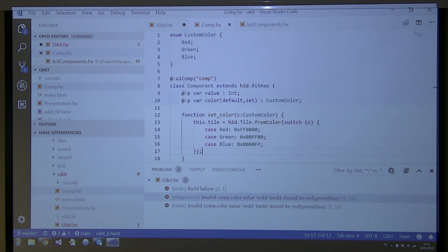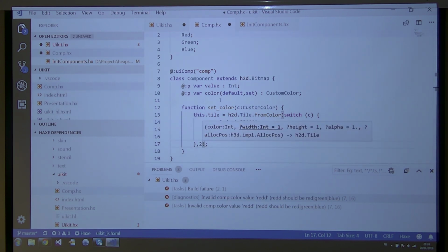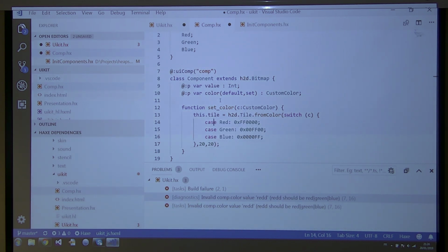So here I'm translating my enum, which has 3 different colors. I translate it directly to the hexadecimal color that is needed for this. And I create a 20 by 20 tile, which is actually a full color square. And I'm setting this and returning. See, that's something minor. And if I compile,